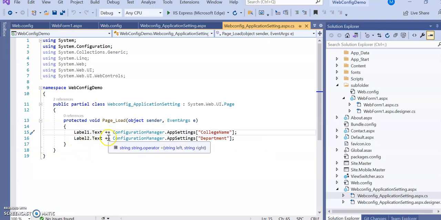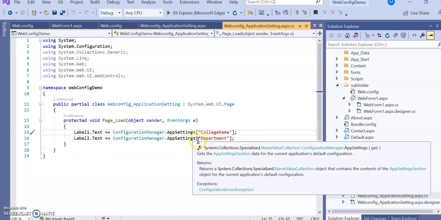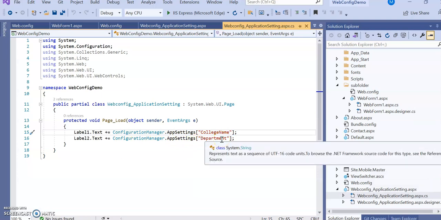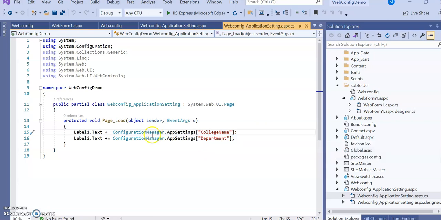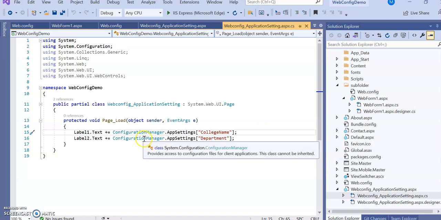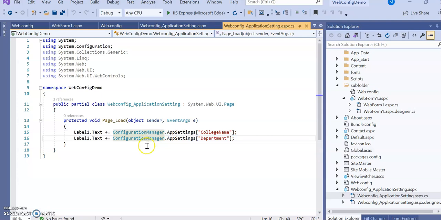Label2.Text plus equal to ConfigurationManager.AppSettings department. So department, you know, is one of the keys used in appSettings. So that key having the value Information Technology will be retrieved by the ConfigurationManager with the help of this configuration manager.